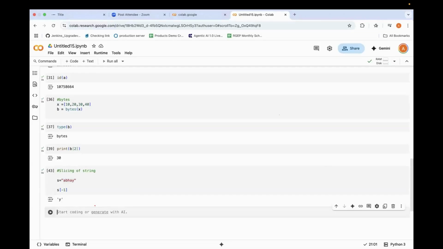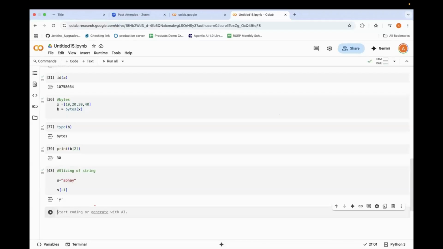Can anyone tell me what are variables in Python? Variables are placeholders where we can store the values. Great, Dattatra. Anyone who wants to tell? What are variables, guys? You can tell in your language. It's a container where we can store the data. Good, Achyut.